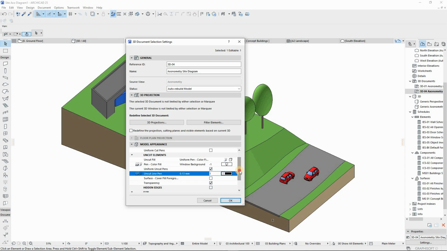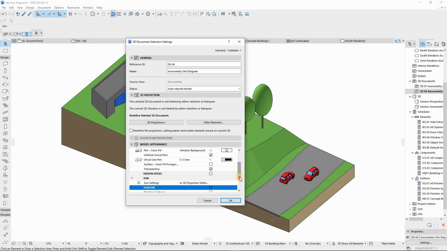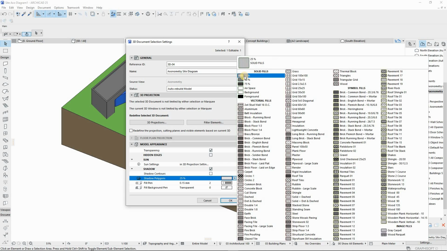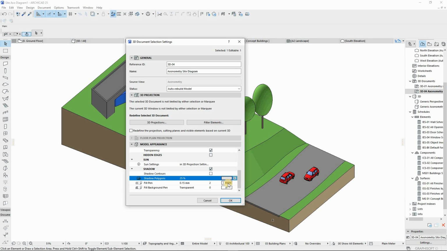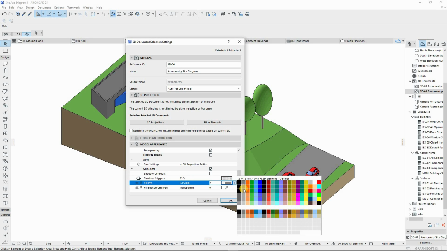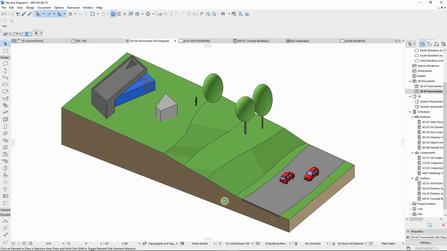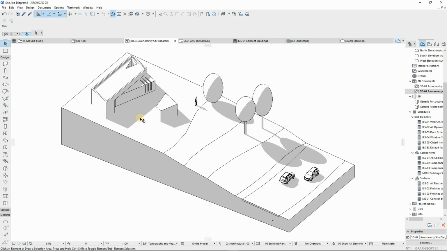And then go down there to activate your shadows. It depends on what you want to achieve. I'll put the shadow casting to 25% or 50%. This is subject to change depending on what you see on your screen. So I'll change the color of the shadows to black to have a nice transparent black on my drawings. Make sure the fill background pen is transparent. Then you can now hit OK. Perfect. Now you have a clean, smooth